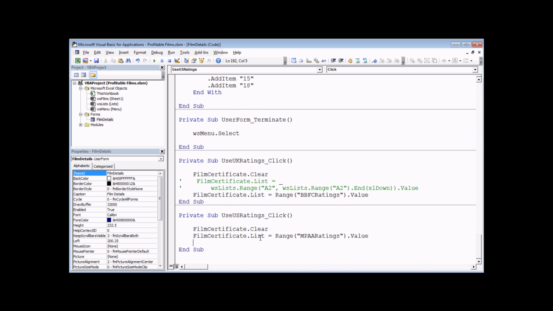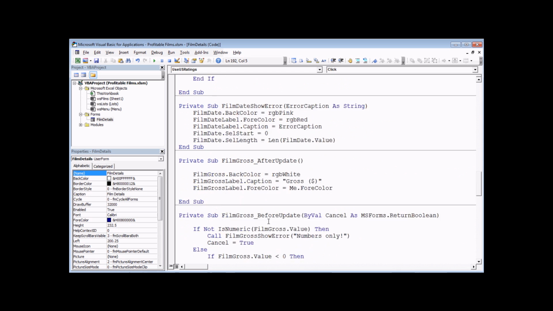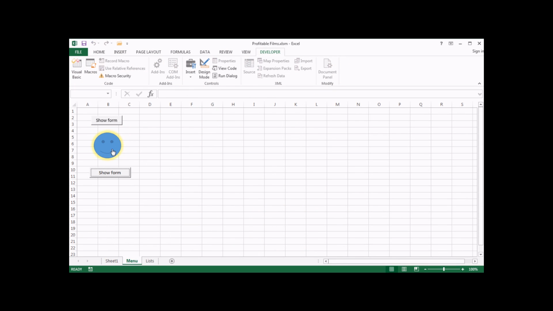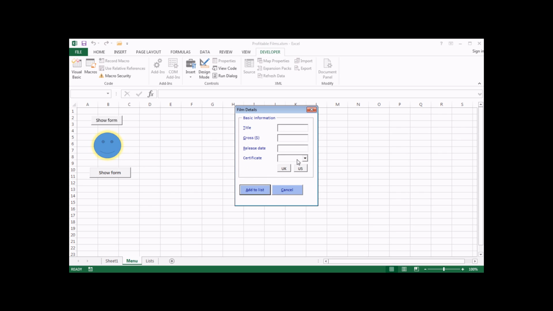So, having done that, what I'm going to do now is go back to Excel, and I'm going to show the form on screen by clicking one of my buttons on my menu sheet. And although I have selected multiple columns for the range which populates the drop-down list, I'm not actually going to see any extra values here. The reason for that is because I haven't finished changing all the properties necessary to make a ComboBox display multiple